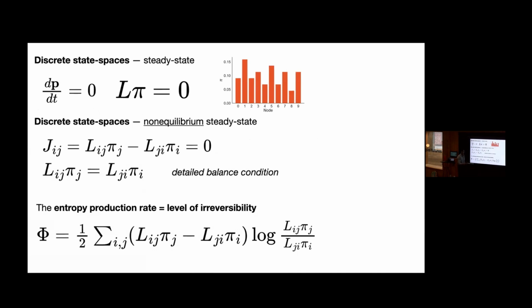And we have exactly the same quantities now in the discrete case. So you have the discrete flux. When this is zero, you're in equilibrium. And when this is non-zero, you're out of equilibrium. And this gives you something that's well known for anyone who's done stochastic processes, the detailed balance condition, which tells you if your discrete walk process is reversible or not. And you have a discrete form for the entropy reduction. So the same quantity that I showed you in the SDEs, but in the discrete case. Again, it's zero if this is zero, so if the detailed balance condition holds, and it's positive otherwise.